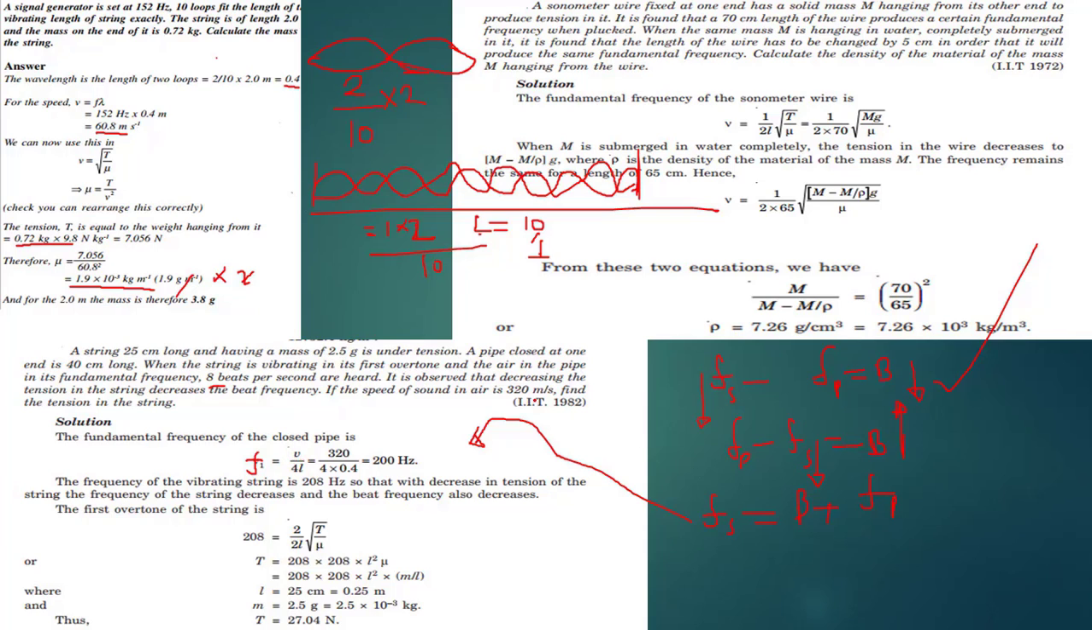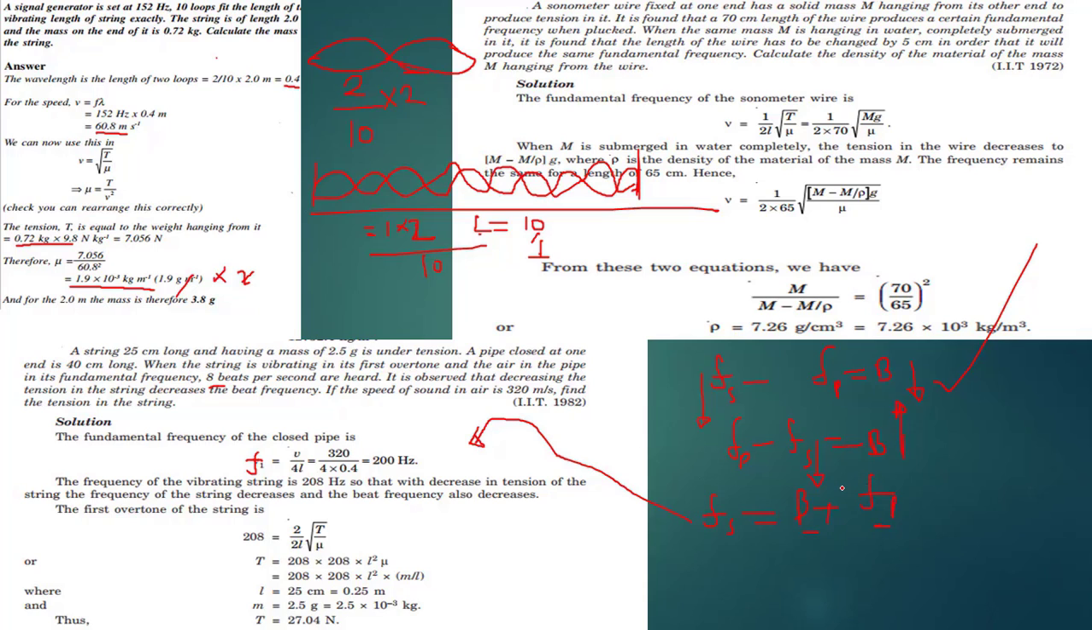Kwa hiyo tuna velocity ya sound in air tumeshapewa ni 320 divide by 4 times length ya pipe ni 0.4 meters. So tukiweka 0.4 hapo tunapata ni 200 Hz. Okay, 320 divide by 8 tunapata 200 Hz. So we know then the frequency ya pipe ni 200, then the beat was 8, so a total inakuwa ni